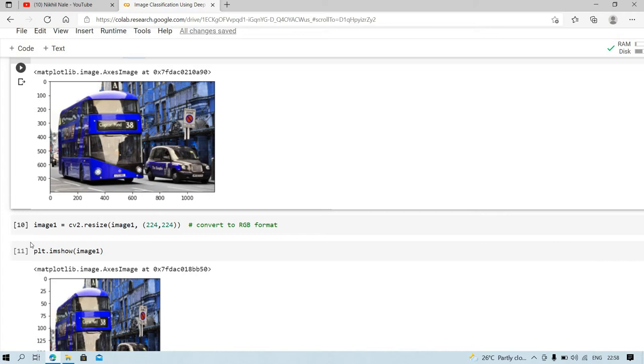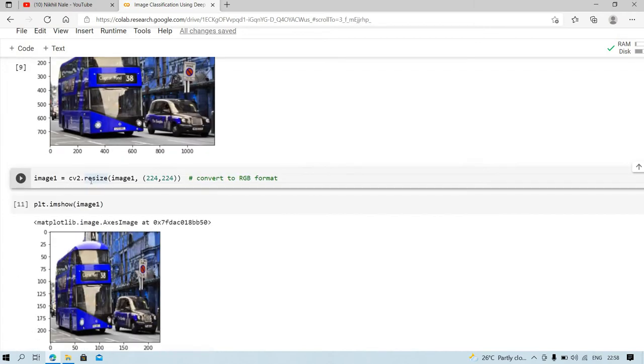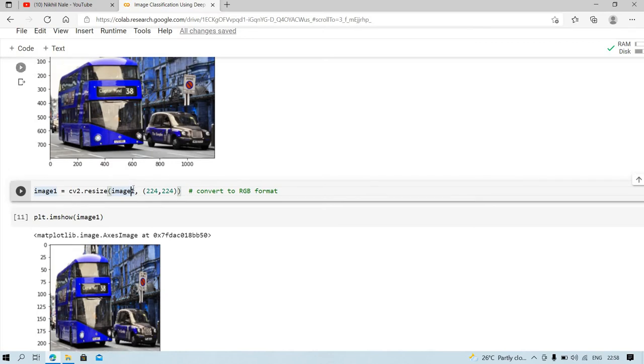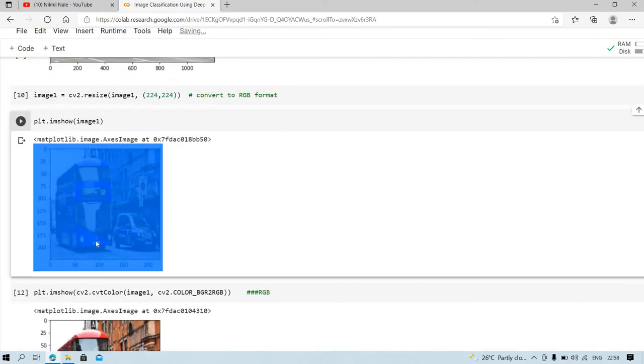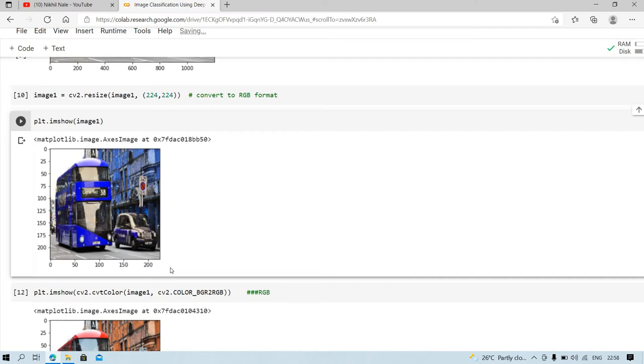For this I will call the method resize and pass the arguments: the name of the image and the size of the image. Then you will see the image, and its size is 224 by 224.